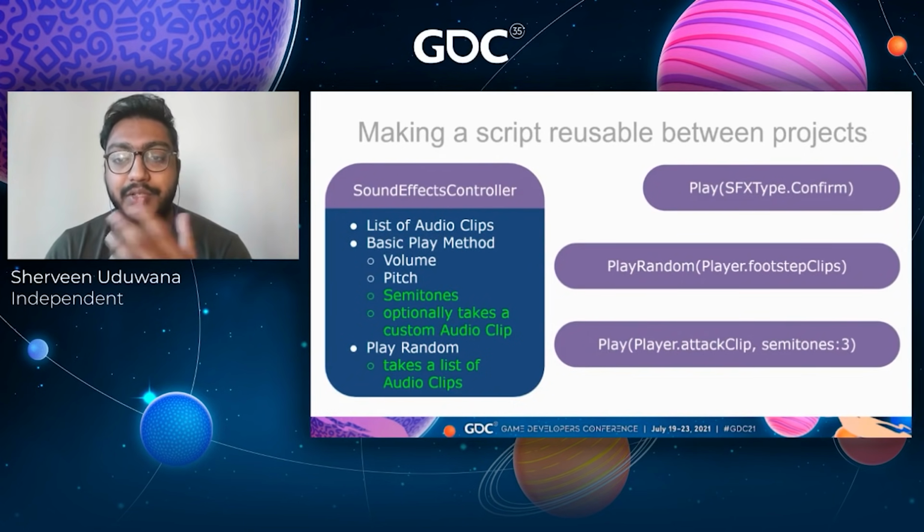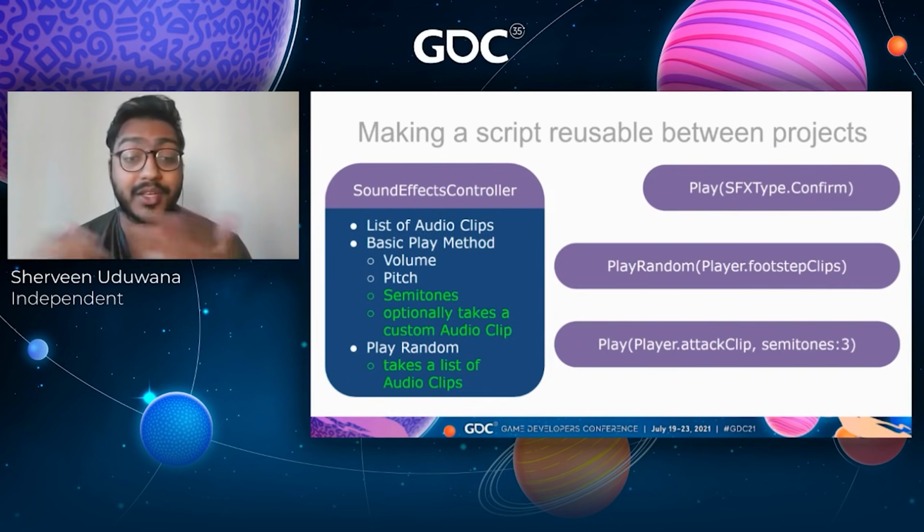You can still do play and say the type of sound effect you want to play, or you can play random and give it the list of footsteps from your player class. You can also play the player's attack sound, and then raise it up 3 semitones and do whatever you want with that if you want your game to be more musical.